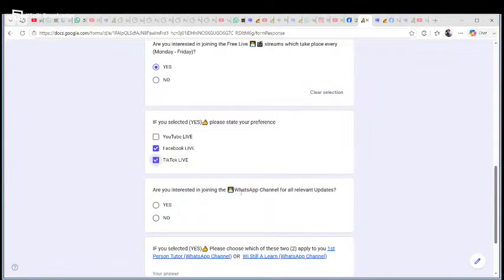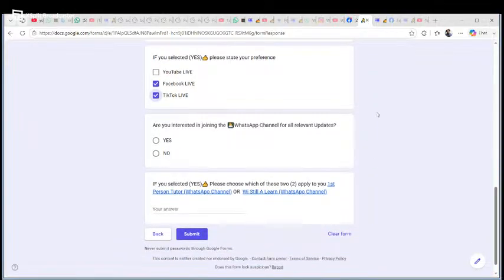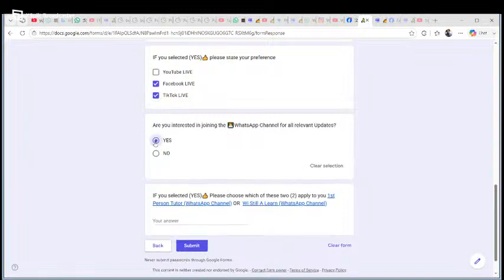And then of course, the better thing to do is to also accept joining the WhatsApp channel, because what that does is all of the live stream notifications will be thrown in the WhatsApp channel. So whether you missed it or, in other words, when it's about to happen, you'll be notified in the WhatsApp channel.